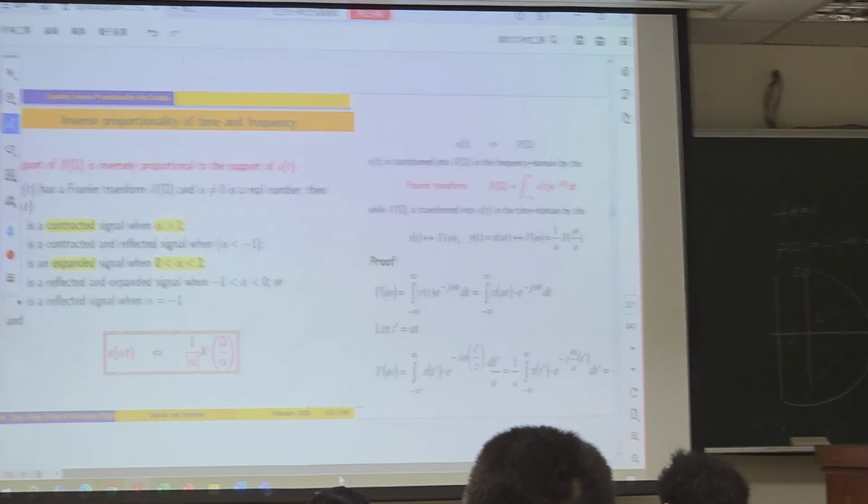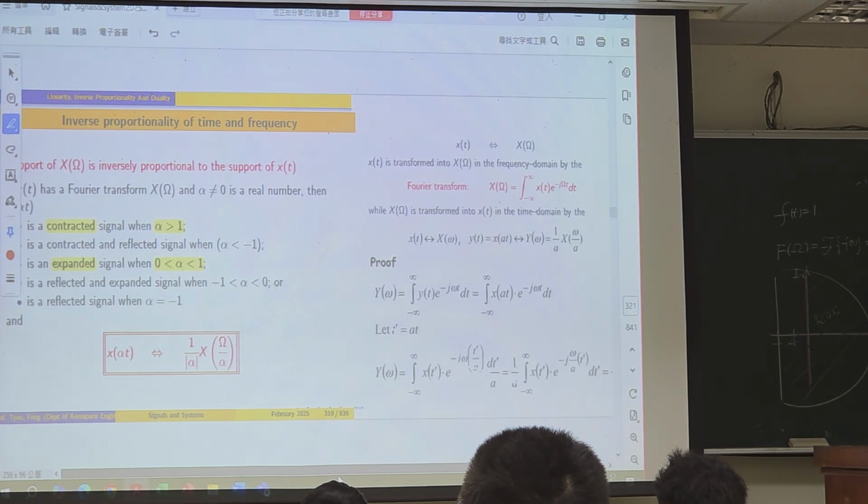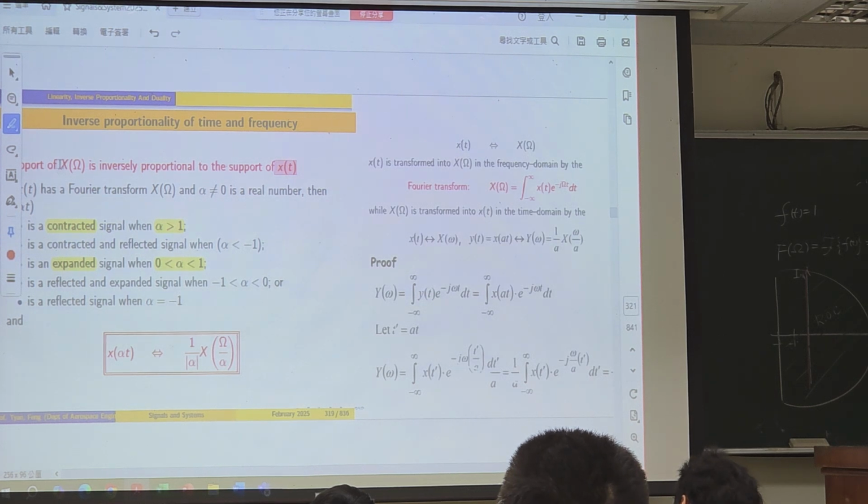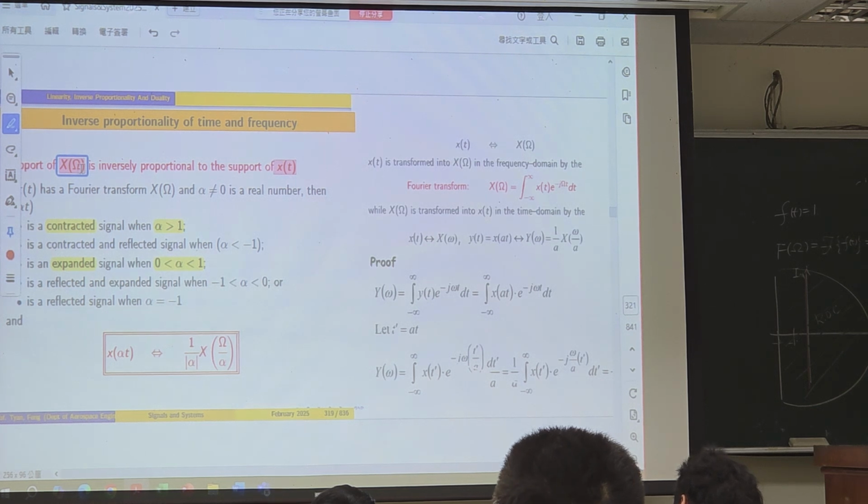And then the second property is inverse proportionality of time and frequency. Suppose we have the function x of t initially, and we know that capital X of omega is the Fourier transform of x of t, or the frequency response of x of t. Now, if we multiply the argument t by a scalar,